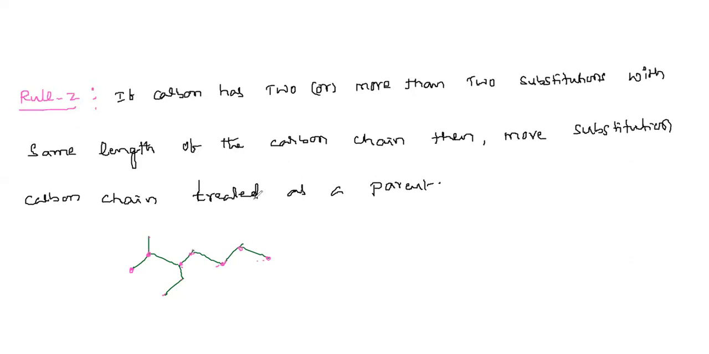Whenever we discuss any rule, you have to follow the previous rule followed by the next rule. If you do not follow the previous rule, it is always wrong. So if you consider this dotted line as the parent chain, there is only one substitution. Means this parent chain is linked to only one. If we consider this box as the parent chain,